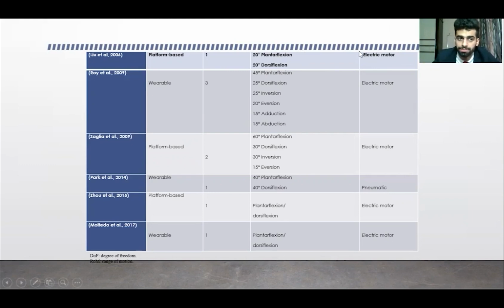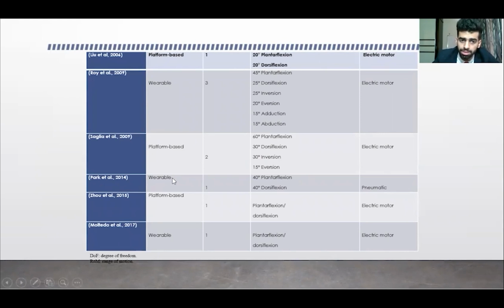electric motor as actuator. The seventh is done by the author Roy. It's wearable. It has 3 degrees of freedom. It allows all the different motions of the ankle, and uses an electric motor as actuator. And the eighth is done by the author Saglia, which is a platform-based robot. It has 2 degrees of freedom, where it allows plantar flexion, dorsiflexion, and inversion and eversion, and uses an electric motor as actuator. And the ninth